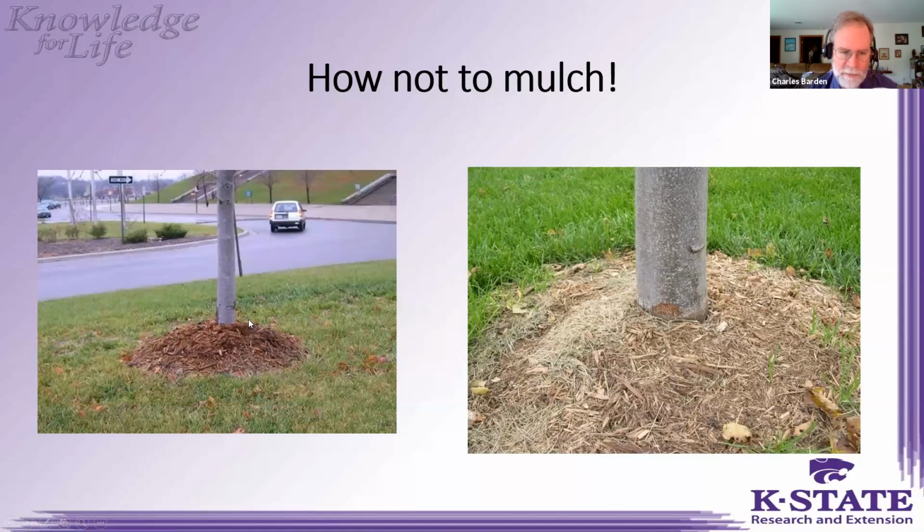Also, some mulches can become kind of hydrophobic. When red cedar mulch gets really dry, it can actually kind of shed water. And so with a steep side like this, you'll actually get water shed away and pushed away, draining away from the root system instead of collecting in the root system and giving it a drink it needs. So don't make a volcano or a mountain of mulch when you're mulching your landscape.